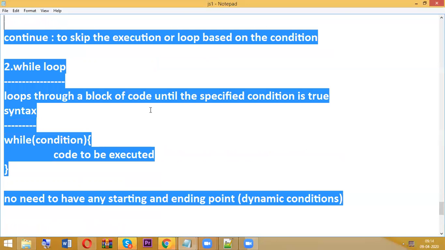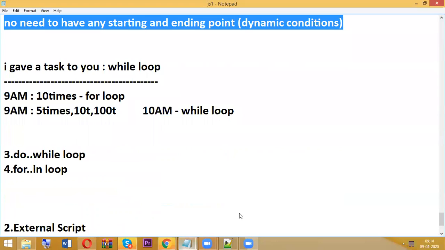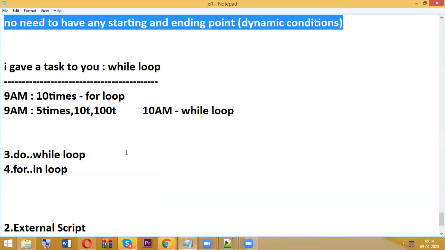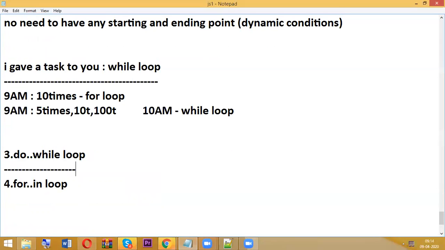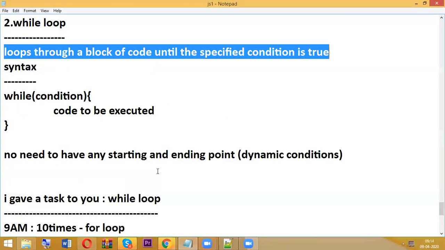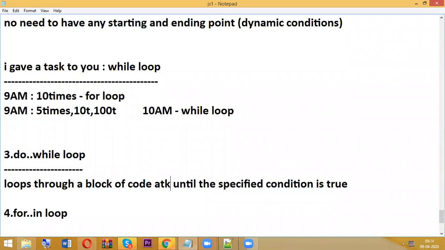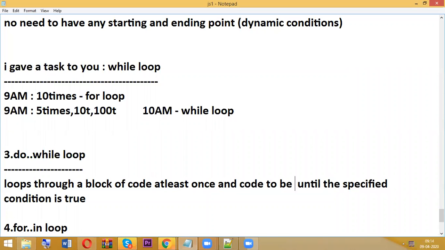Next, do while loop. Regarding do while loop, it is similar to the while loop, but it loops through a block of code at least once, and the code is executed as long as the specified condition is true.